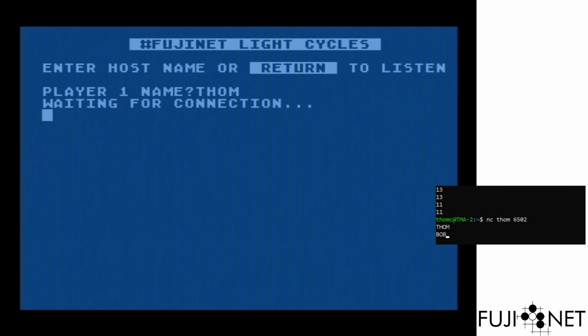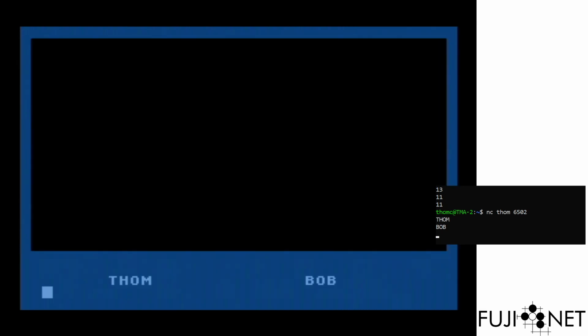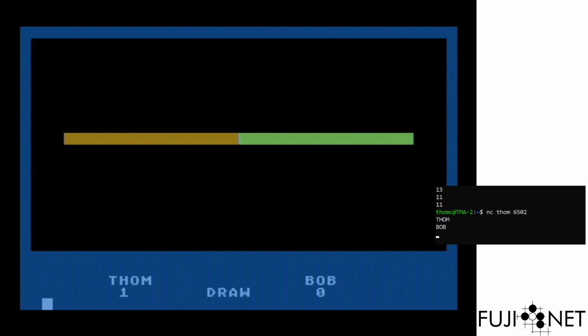Okay. Now, ostensibly, from the other side, recall that it was asking for player 2 name. So the other side would be asking for the other player name. And there she is. Ready to go. Of course, we're done. So hit no. Disconnected, everything's disconnected, and we're done. Since the server connection was listening, it doesn't just drop the connection back. So anyway,